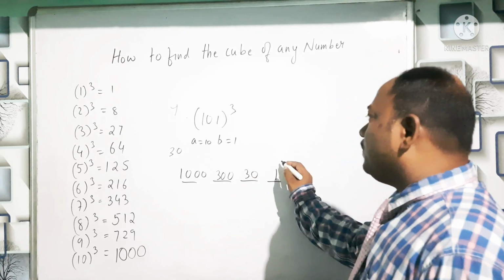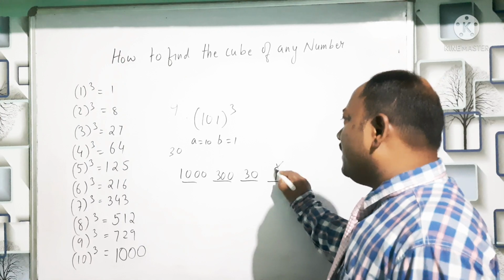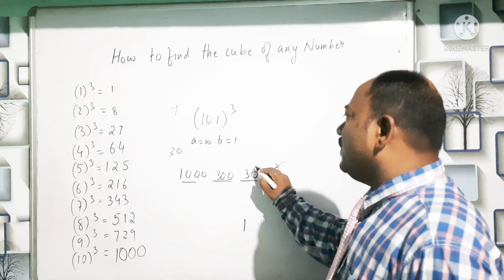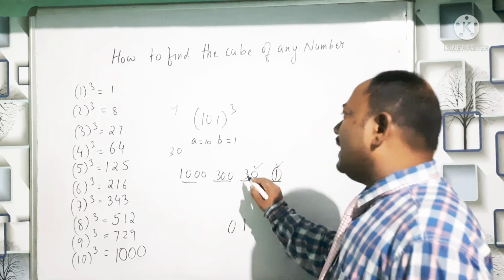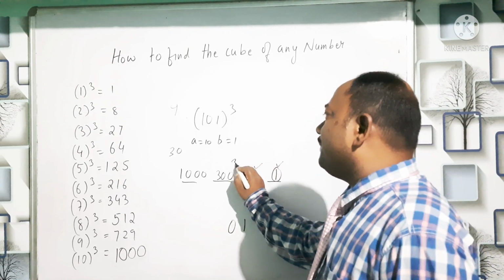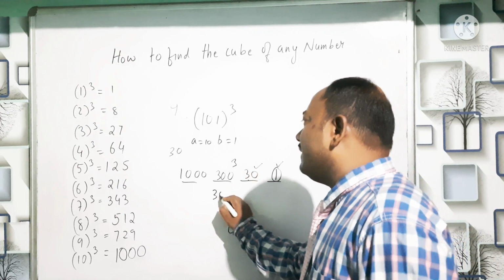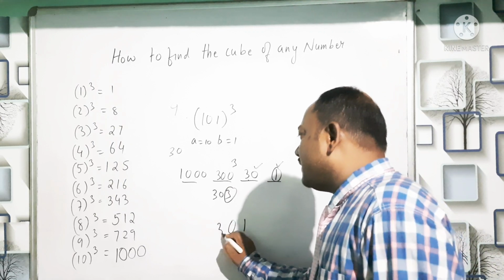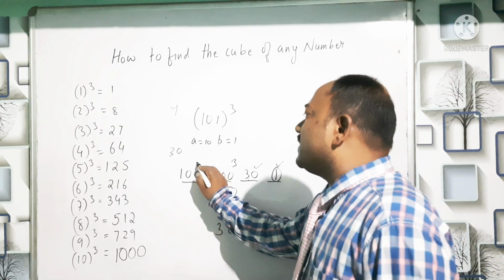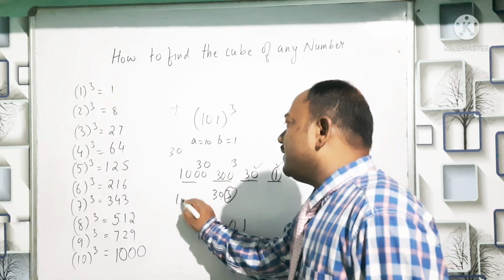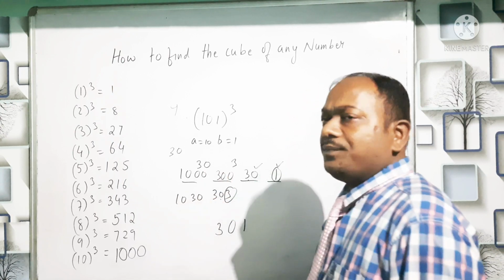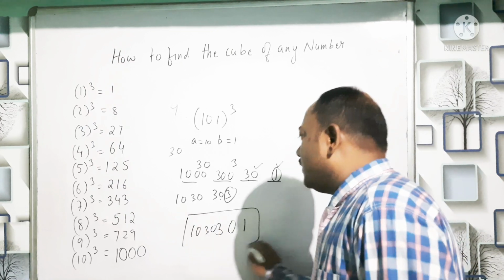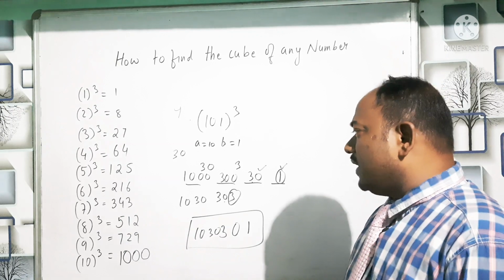Now we'll start from the fourth place. So we'll take 1 from the fourth place. From the third place, we'll take 0, and this 3 will be carried towards 300. Now add it. We'll have 303. We'll take 3 from the ones place, and this 30 will be carried toward 1000. Add it. 1030. So write 1030. 101 whole cube is